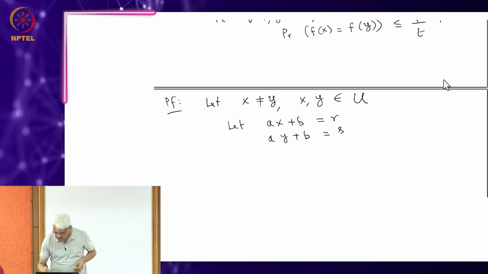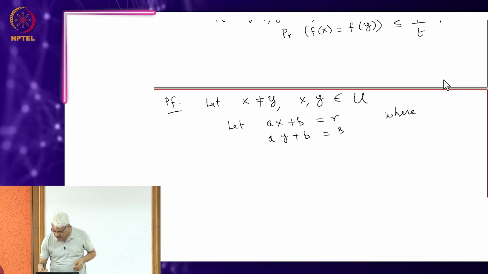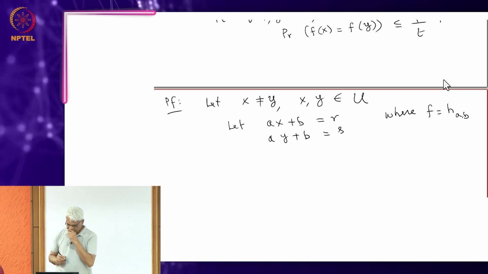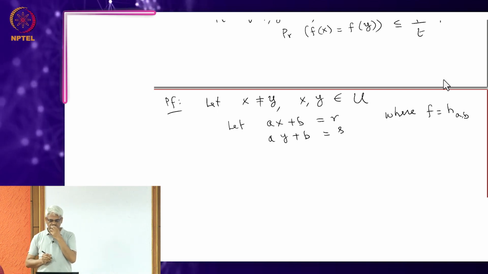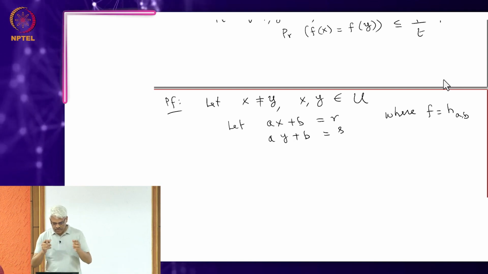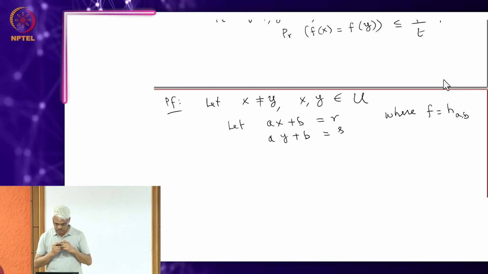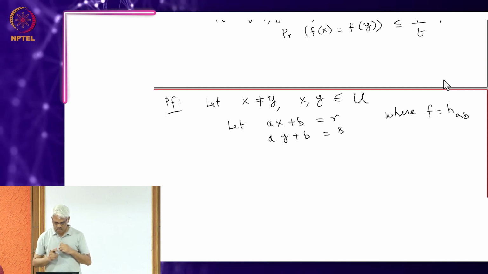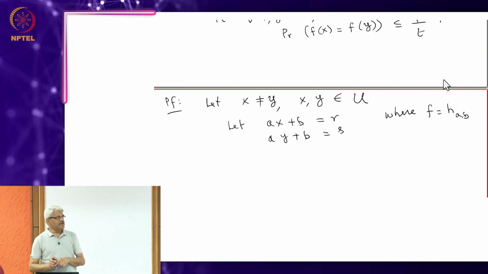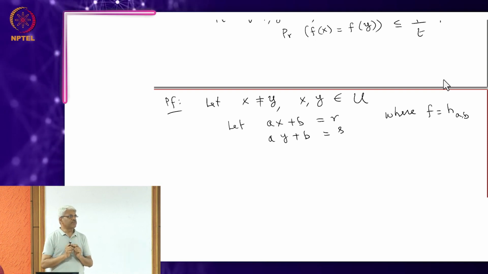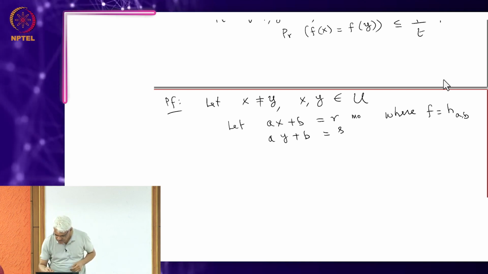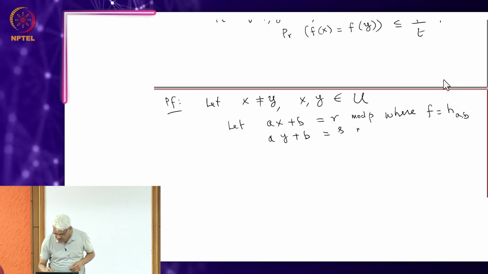Where the f which I randomly picked is this h_ab. Okay. So, from r and s, I am trying to see, can I figure out what is a and b? Okay, this is mod p. In the mod p world,